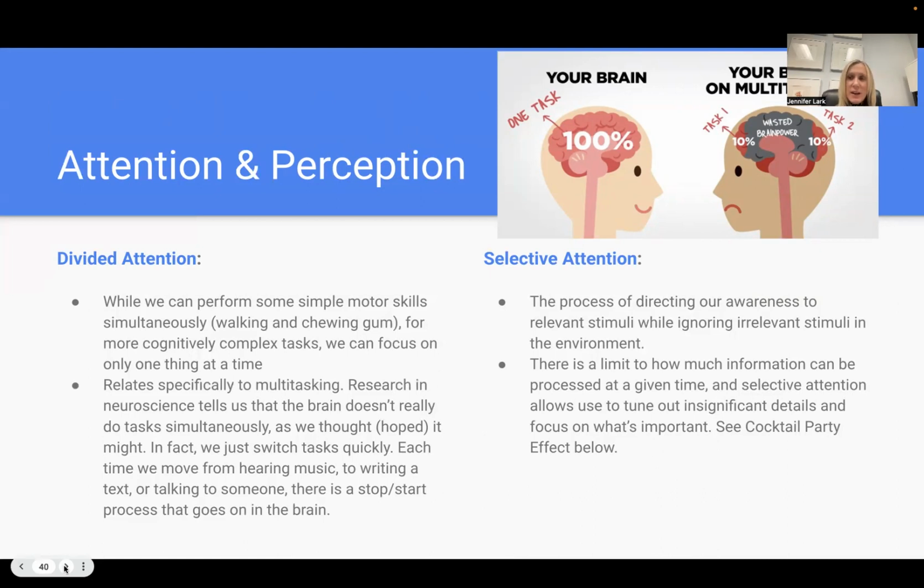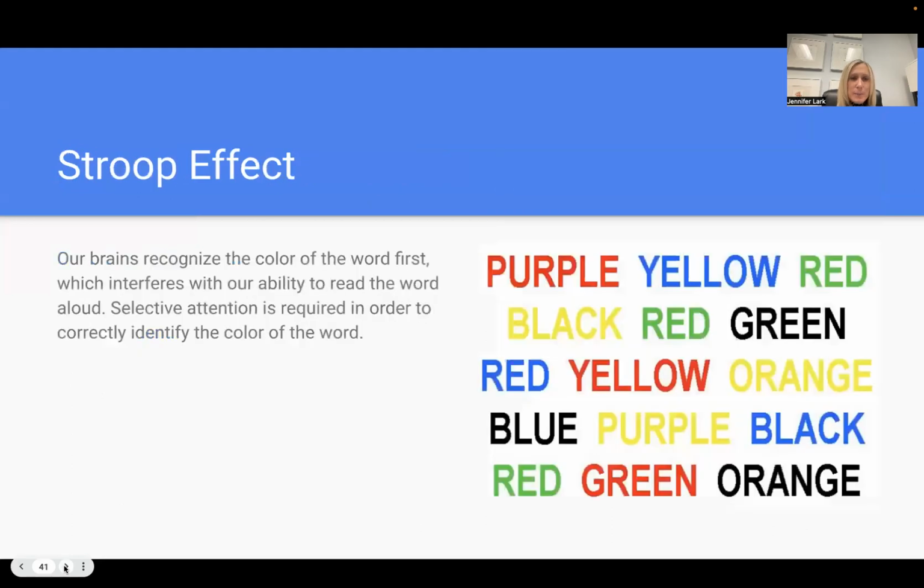Okay. A big idea in this part of the chapter is that it's really not possible to multitask when you're trying to pay selective attention to two different things at once. And in a minute, you're going to see an experiment that shows that that is true. It is possible to multitask if one of the things that you're doing is not consciously processed, right? So if you can walk and chew gum, you can think and chew gum, you can read and chew gum, you can't simultaneously read two difficult texts at the same time. That's the idea behind divided attention or trying to multitask.